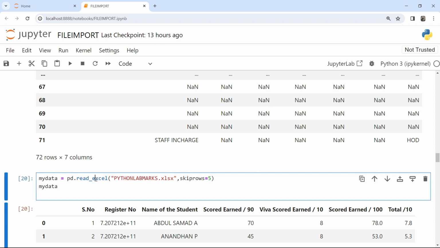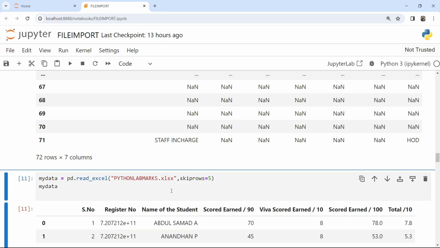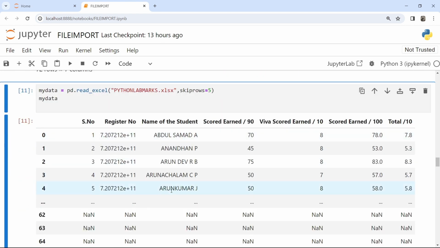So in order to do that operation, I am going to include a parameter called skiprows equal to 5. How many rows you want to skip and how many values you want to take into the operation, you just give a specification here. Now after execution, this is my respective output where the college name, the department name, the batch, the particular academic year, all those rows have been skipped, and I'm getting only the necessary values which are needed for data